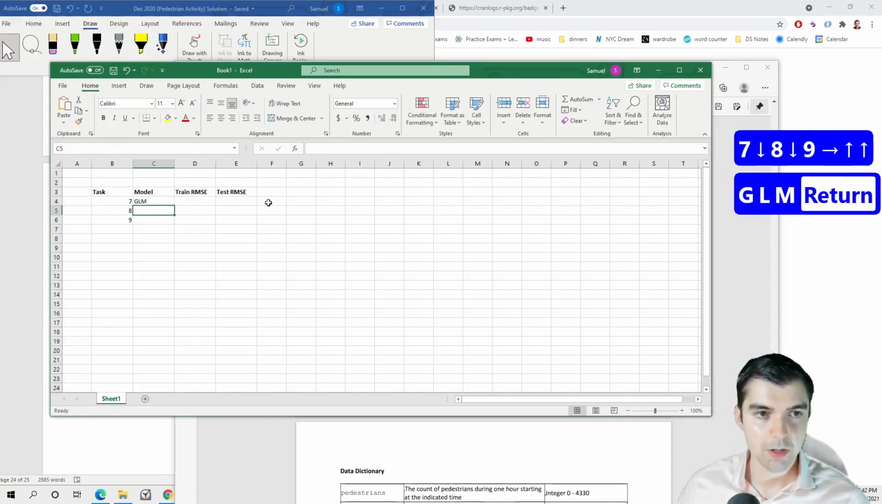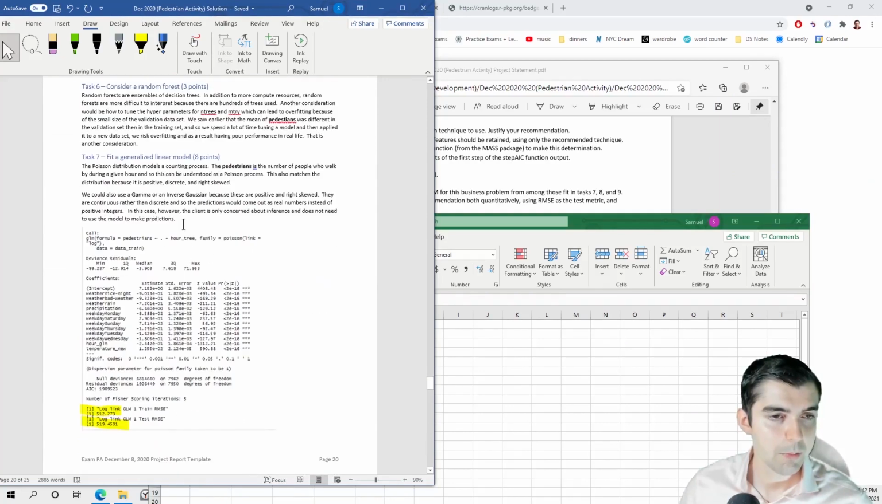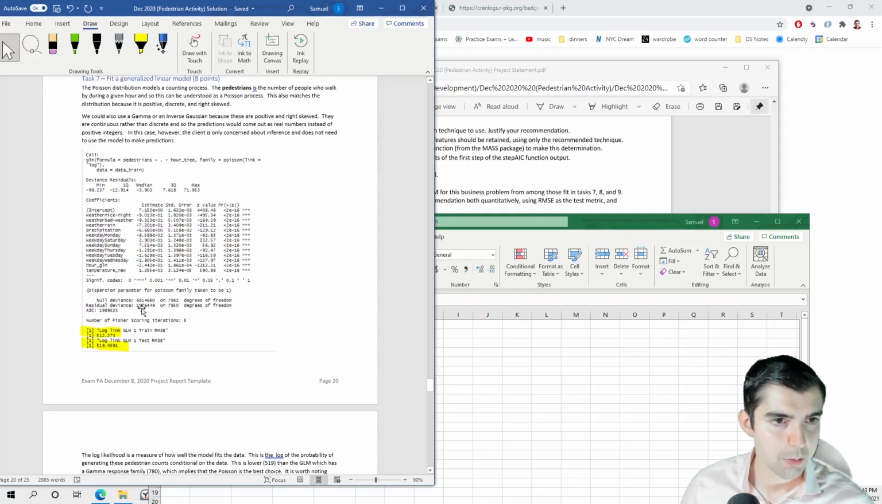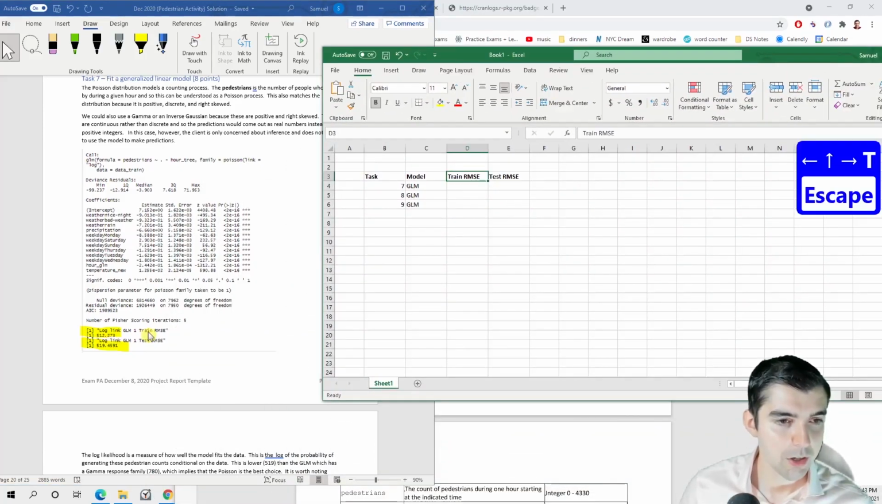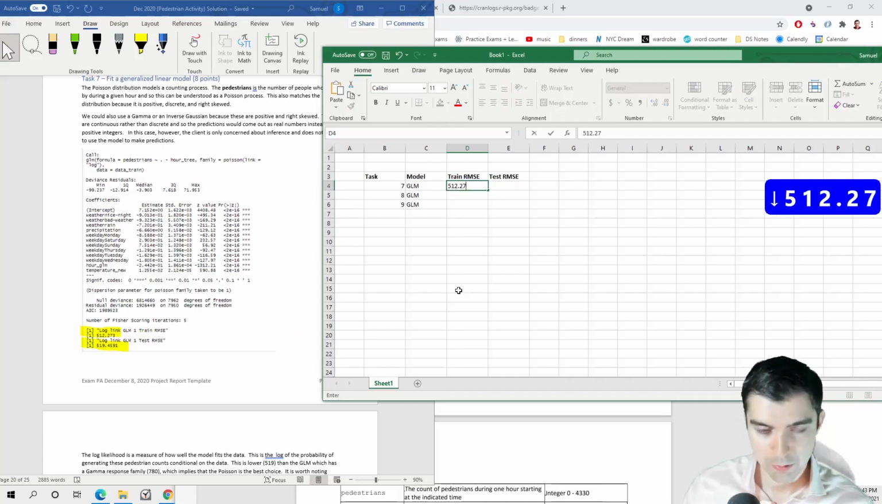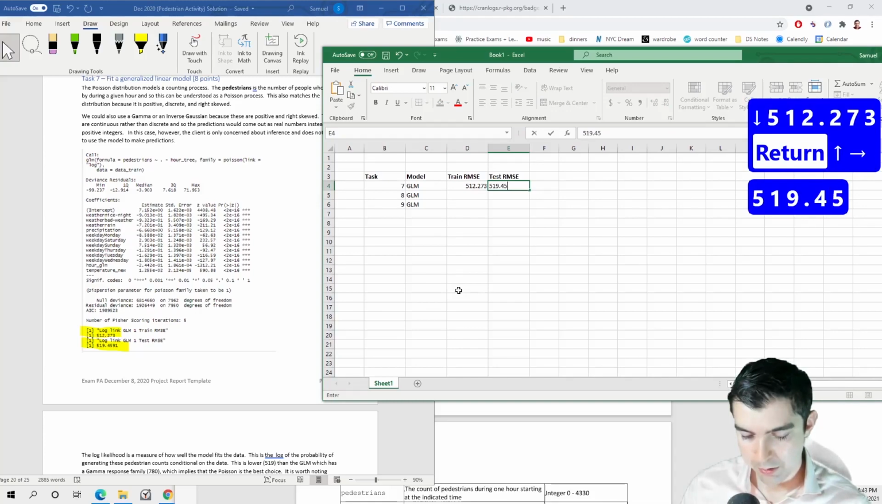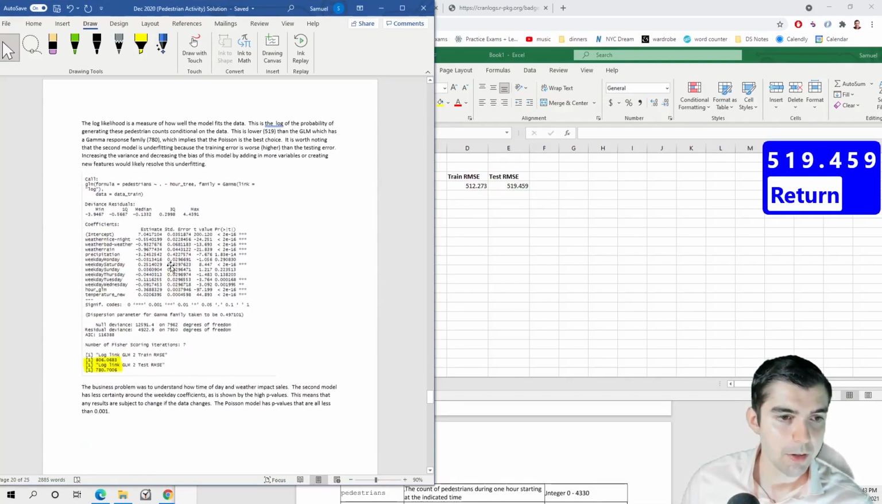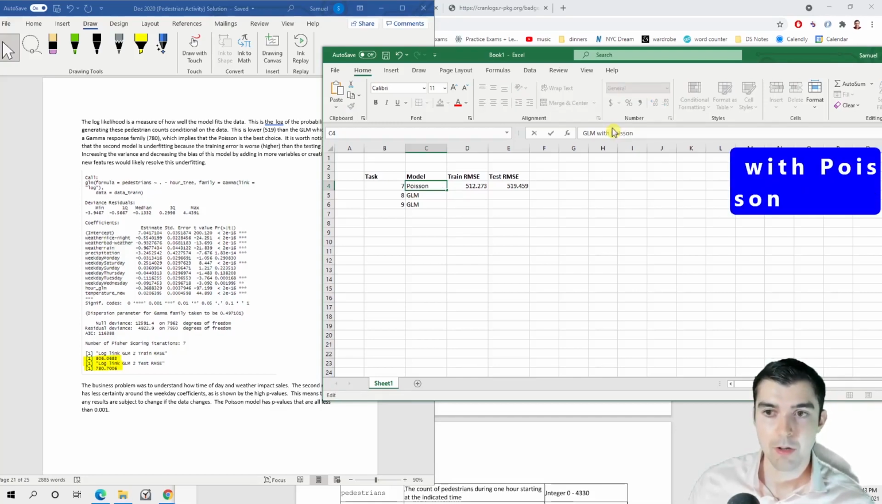We are talking about GLMs for all of these, and so up to task 7. So here's the GLM. We have the Poisson distribution. We also fit the gamma, and this first one was the Poisson. So this has a log link, GLM1, train RMSE is 512.273 and test is 519.459. And we already saw that this was better than the gamma. So this is a GLM with Poisson family